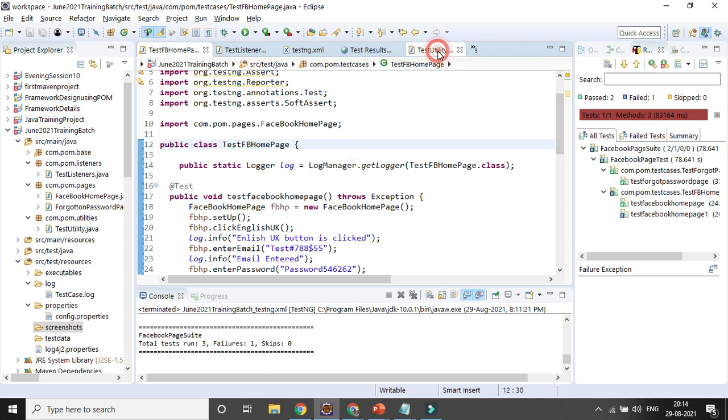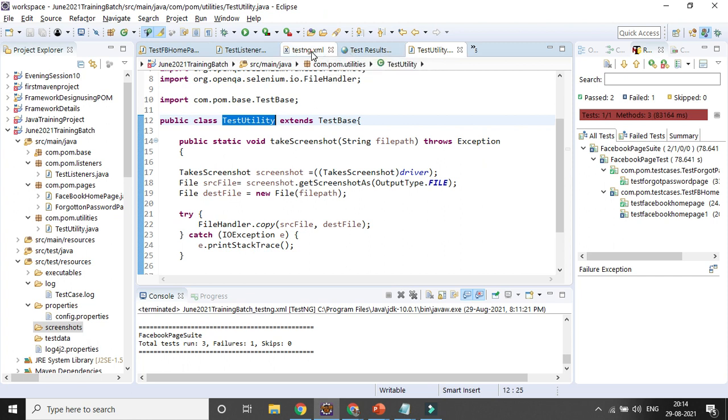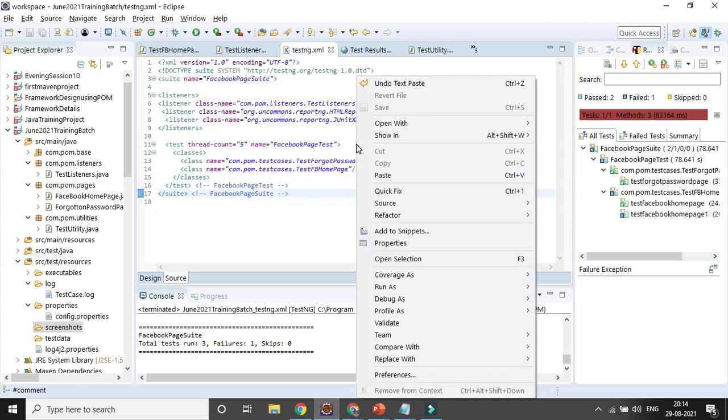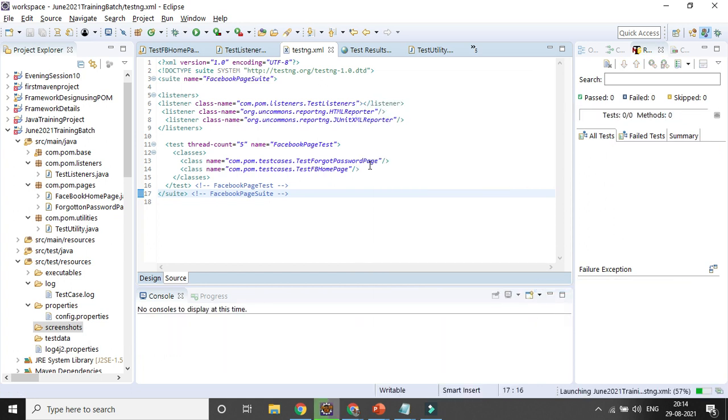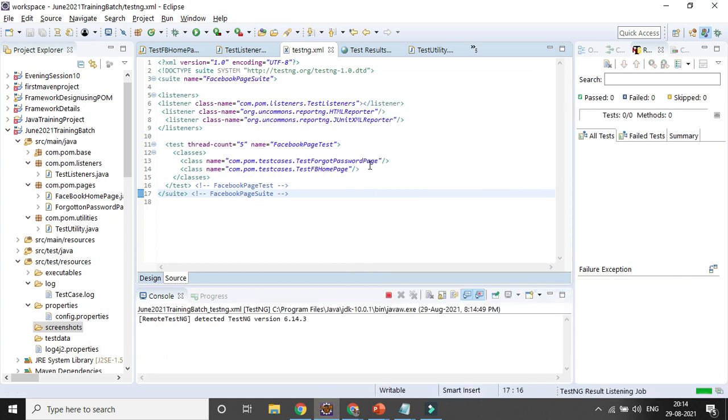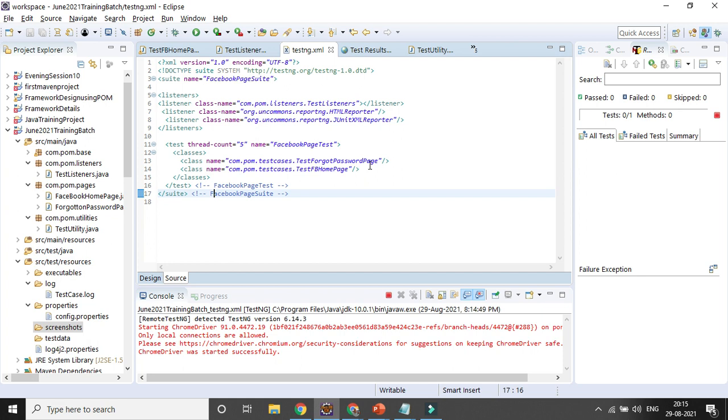Let's run it once more. You should always use soft assertion, so that the browser will not be closed. In case your browser is getting closed, it may have some trouble. Let's see whether it runs successfully or not.